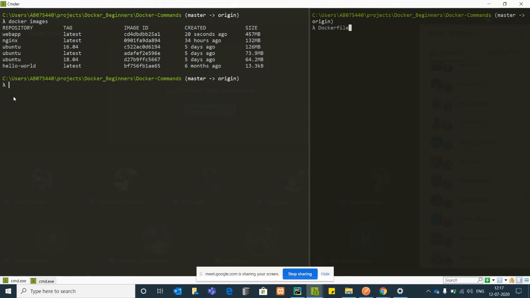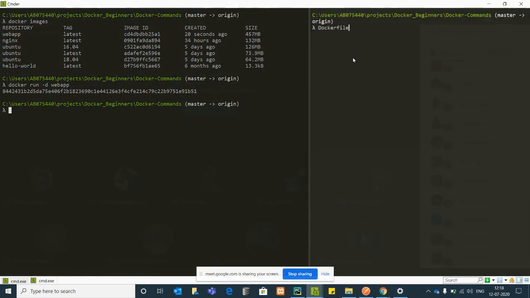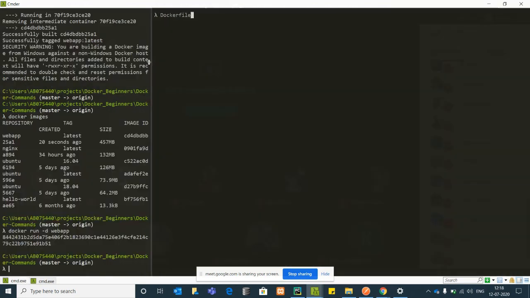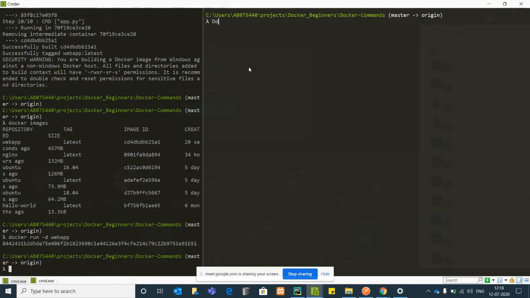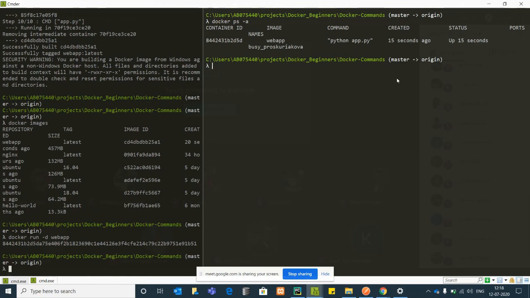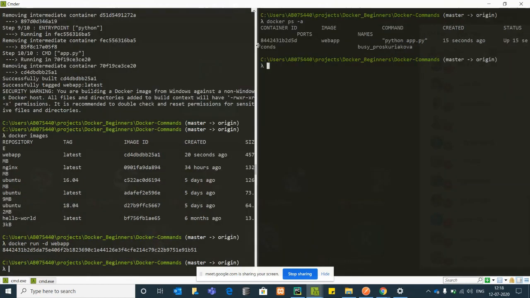Now let's say I want to run this. I run it in daemon mode, and do not provide any ports over here. I just say web app. Now if I want to check the running containers, you can see this is present.